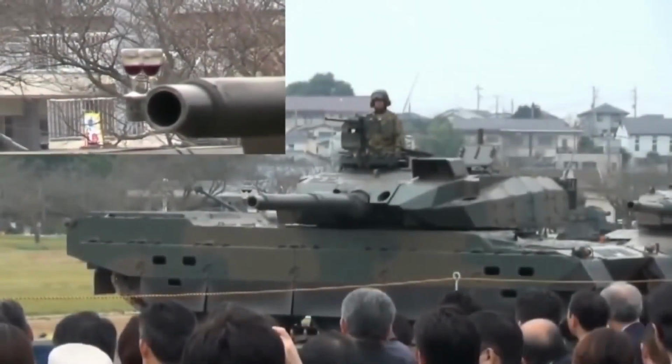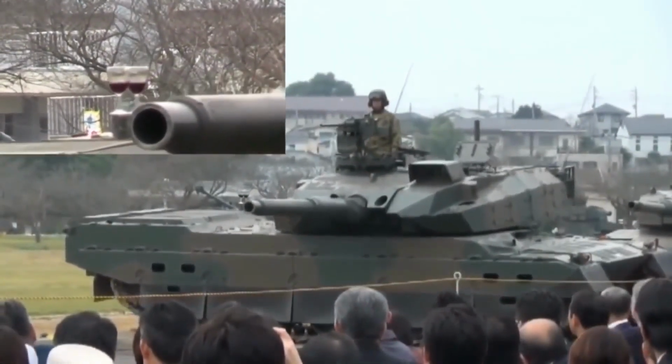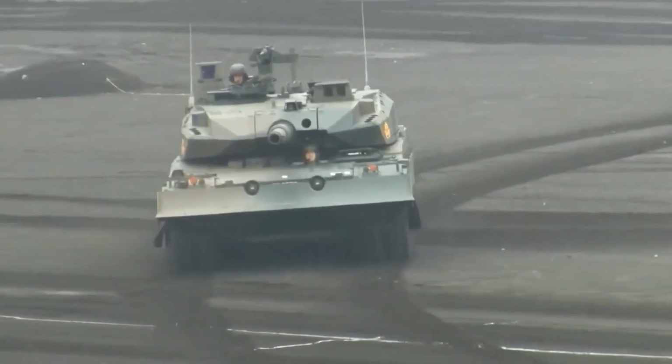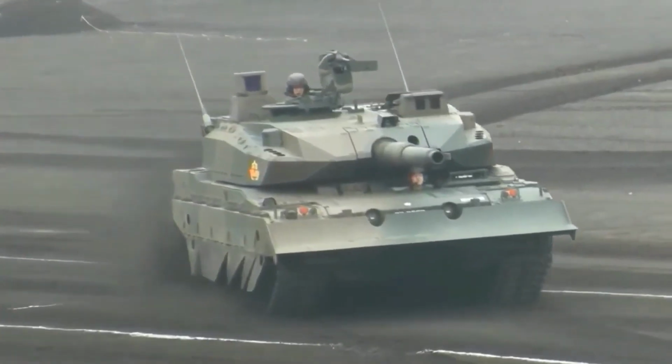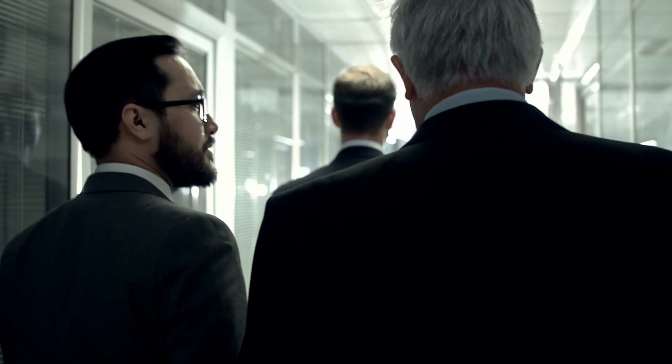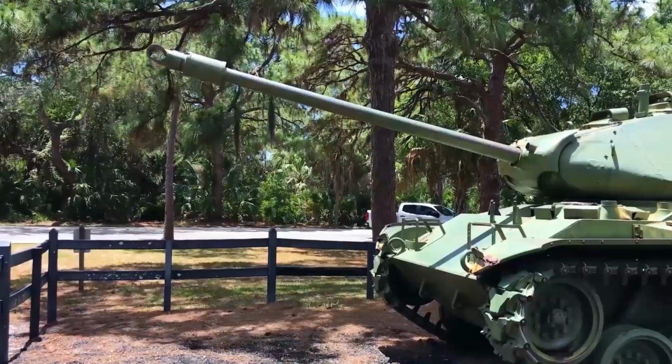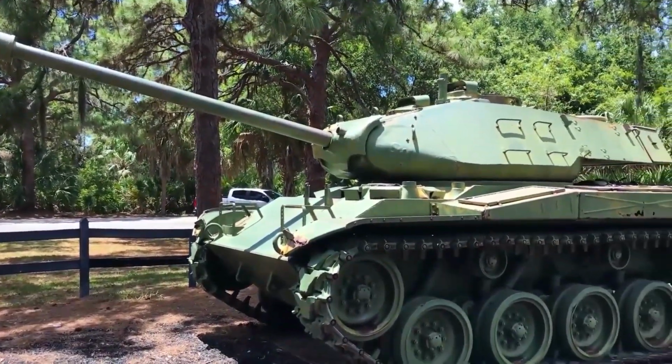But it is worth noting that this tank was created for the defense of the Japanese islands and hasn't yet participated in any local conflicts. This high-tech machine is not manufactured for export and hasn't yet been tested in real battle. Many military experts are convinced that there is no alternative to tanks and there will not be for many more years. Companies around the world are actively trying to create the most perfect, the lightest, fastest, most powerful and durable